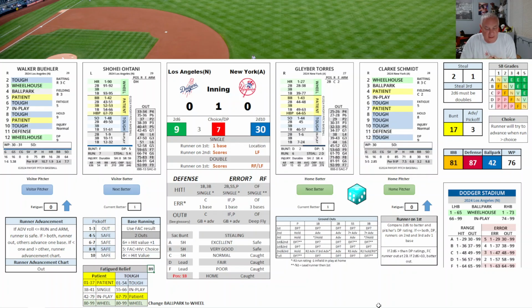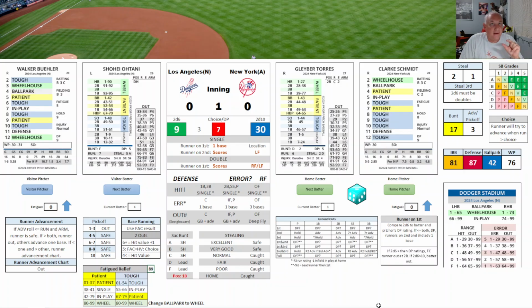One of the things I do different is fatigue for the pitchers. I do this across all the baseball games that I play that I can. The pitchers are going to get a fatigue number. I got this from, I think it was Scoreboard Baseball, which is available on Inside Games. Scoreboard Baseball has a system where it's innings pitched plus hits plus walks plus runs. And that number adds up to get their fatigue number. So for Buehler, his number is a 14.